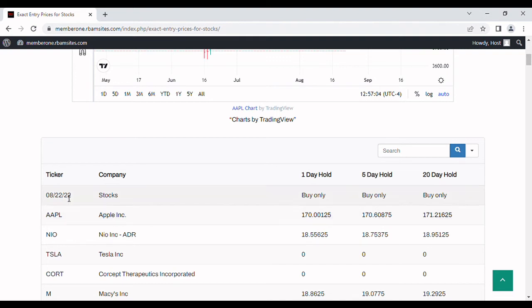But if you look at Apple today on the 22nd, it's recommending, again, for entertainment purposes only, a buy at 170 on a 1-day hold. That means basically buy today, close out worst case tomorrow before the close at a loss, or sooner if you take a profit. Same thing with the 5-day, same thing with the 20-day. Buy at 171 and some change today, close out worst case at the end of a 20-day holding period at a loss just before the market closes on the 20th trading day, or take your profits earlier. So that's how these